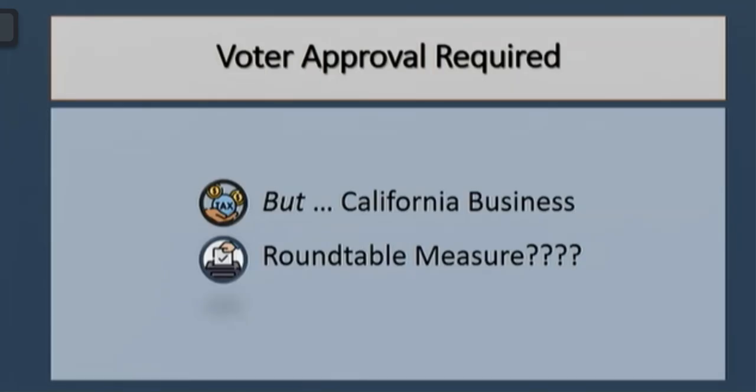There is also a court challenge to the Business Roundtable measure, and I believe there's also a legislative response that says that if a measure is going to require a super majority vote for anything, the measure has to be approved by a super majority vote. What's a super majority? 2/3. 2/3, okay,